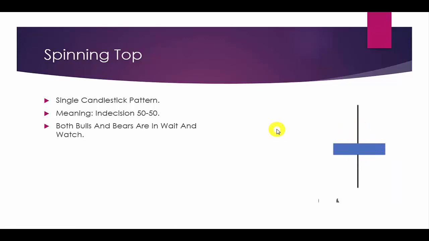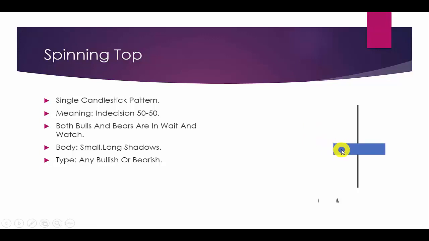As I have already explained, both bulls and bears are in a wait and watch condition. Its body is small, with long shadows. It could be any candle, both bearish candle or bullish one. Basically it means trend reversal. For example, market was falling from this level. So once we got such type of candle here, it means that somehow selling pressure has been stopped and there is a sign that the market can go to the upside. Somehow sellers have been reduced and a small proportion of buyers are coming back.